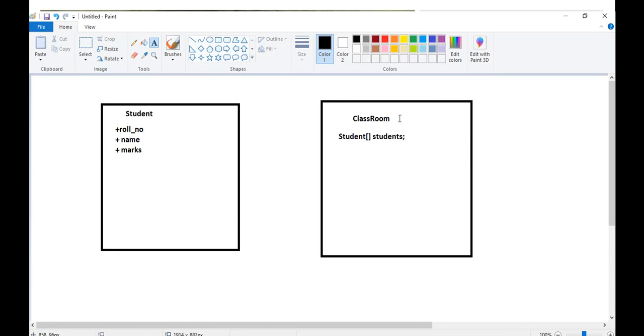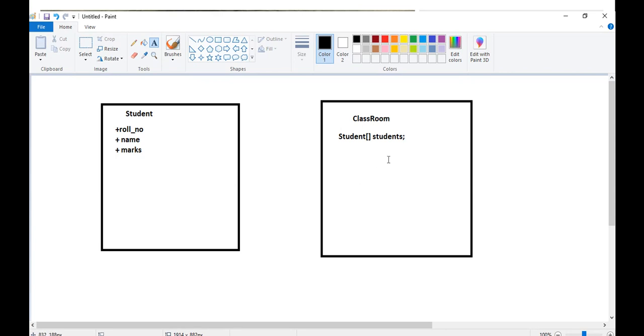So the classroom class is unable to iterate this student array. This is the problem. To iterate this student array, there are two solutions. Either you will use the IEnumerable interface, which will be telling the classroom class, I am there, I will help you in iterating this student array.